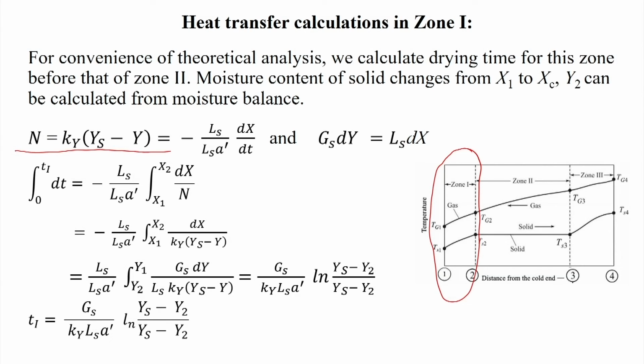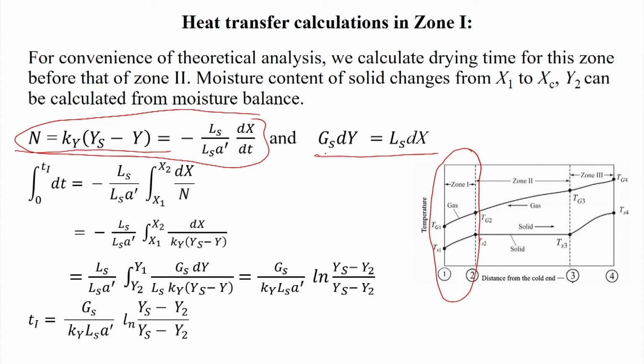That is nothing but, as we have already derived, equal to minus Ls by A prime into dX by dt. And we know that for this type of system, if we take a slice, we will get Gs into dY is equal to Ls into dX. So, we will put these two in this equation, and after manipulation,